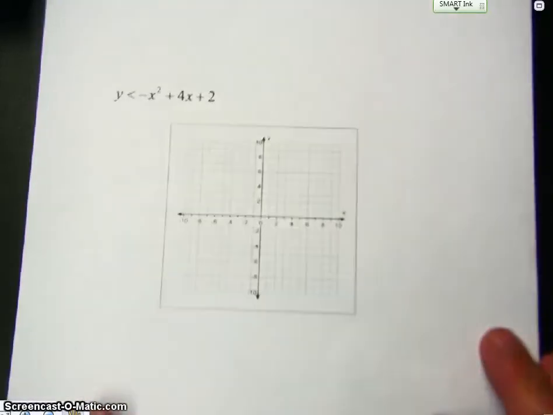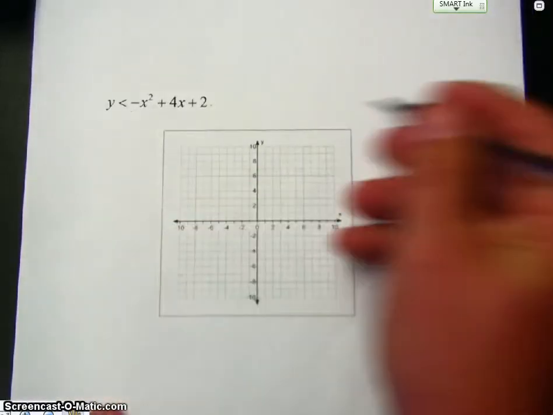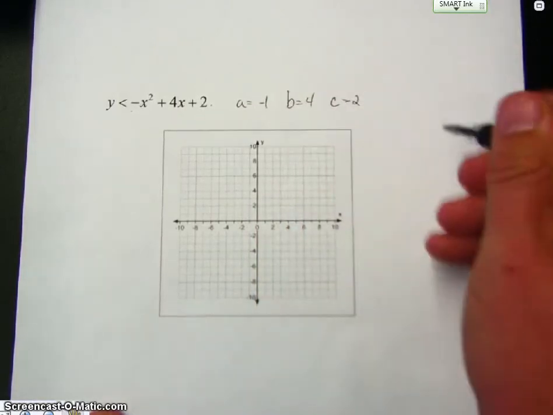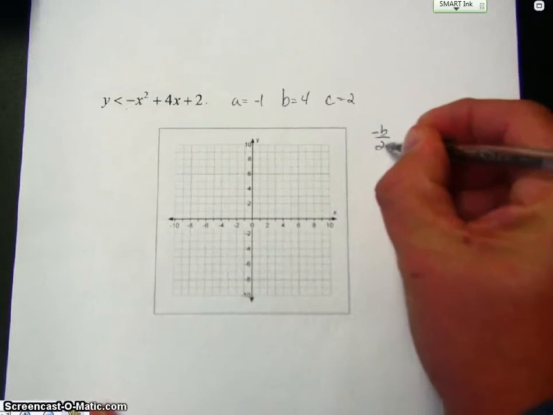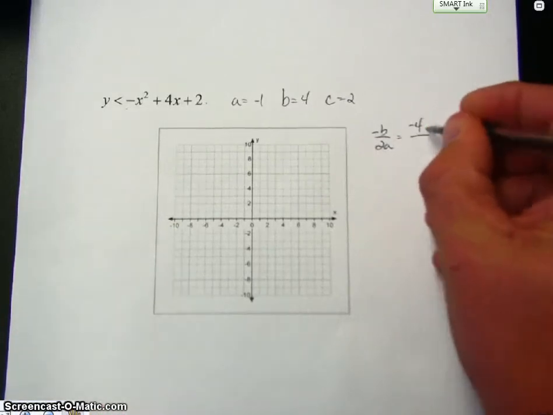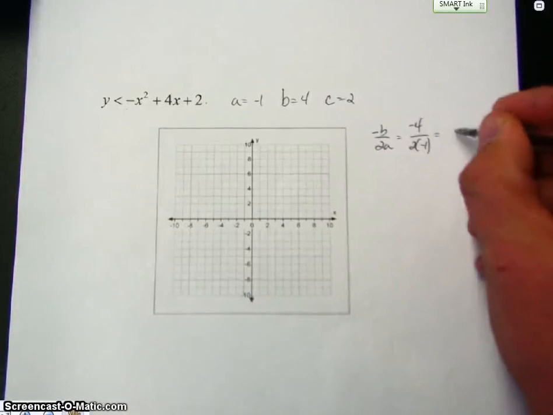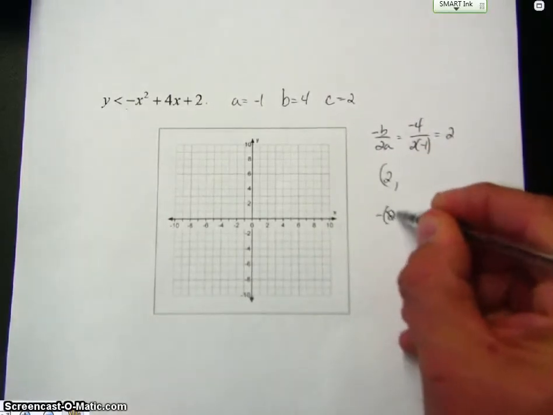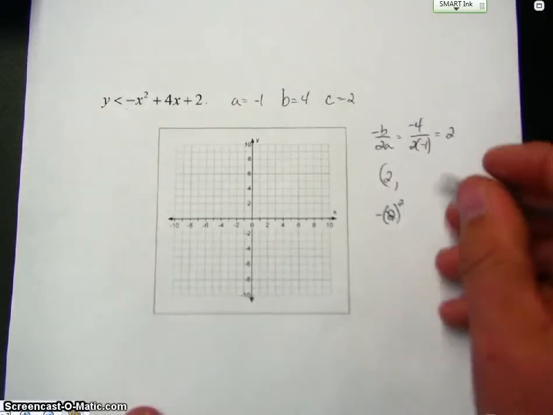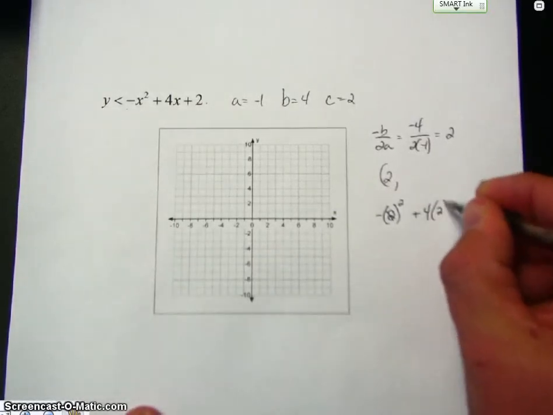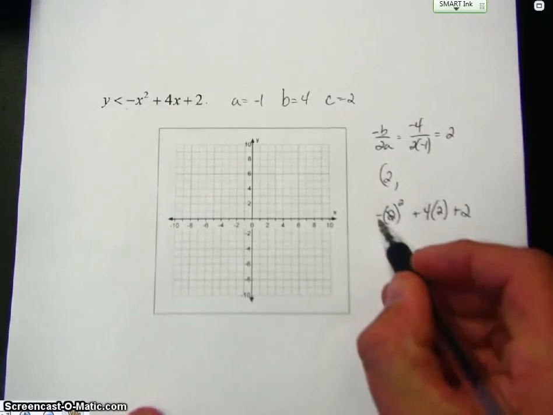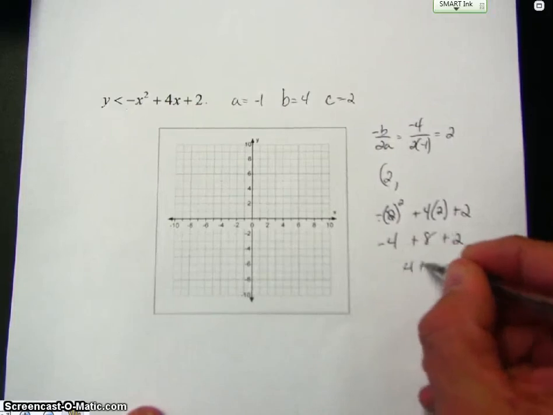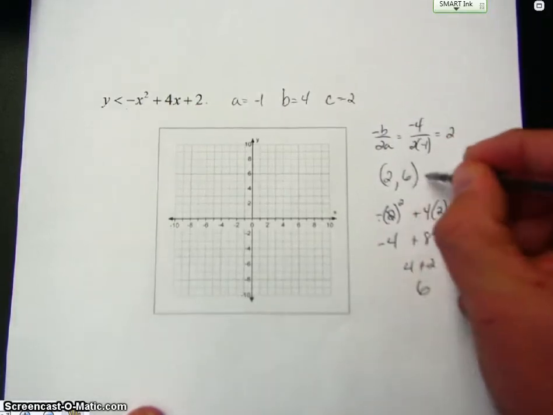In this last example, all right, we have this in standard form. So a is equal to -1, b is 4, c is 2. So negative b over 2a. So it becomes -4 over 2 times -1. So that gives me a positive 2. Plug that in, so it'll be negative 2 squared plus 4 times 2 plus 2. Negatives on the outside, so it will be -4 plus 8 plus 2, so that gives me 4 plus 2 is 6. So there is my vertex,